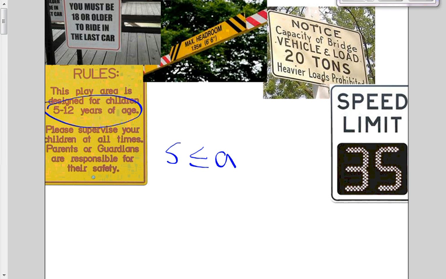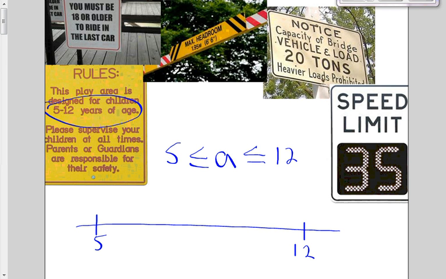They also must be less than 12 or equal to 12. So in that situation, the graph would look like this. This is 5, and let's say here is 12. So 12 is included. The person may be 12 years old, and they may be all the way to here